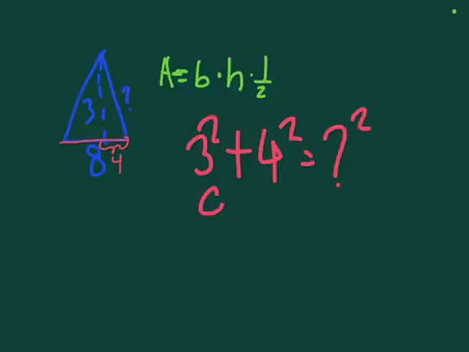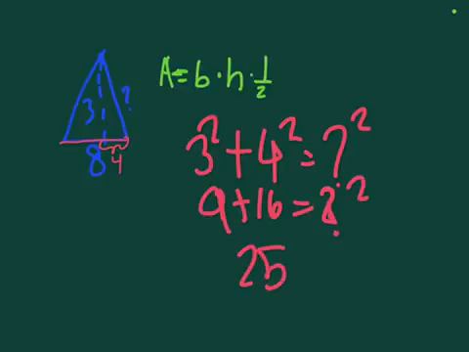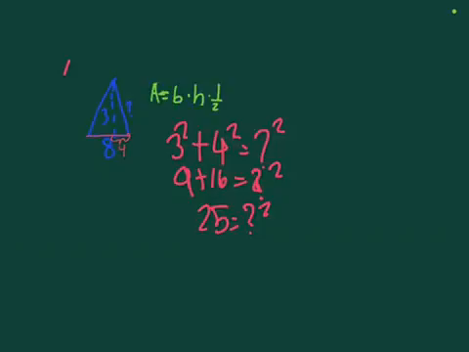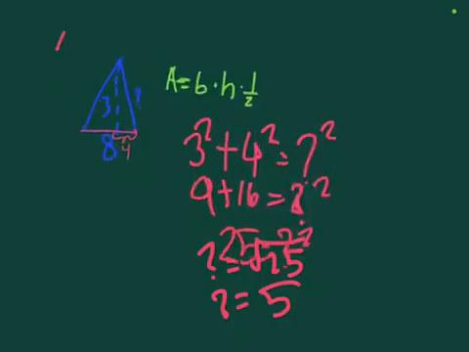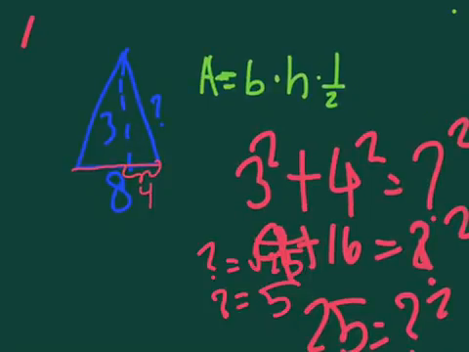3 squared, 9, plus 16. 9 plus 16 is equal to question mark squared. 25 is equal to question mark squared. So that means the question mark is equal to the square root of 25. So question mark is equal to 5. So since we know that the question mark is equal to 5,